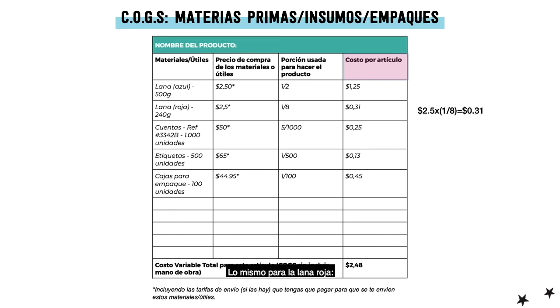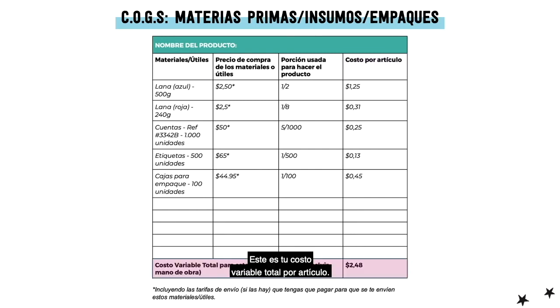For the red yarn, same thing. We only use 30 grams out of the 240, so it's only costing us $0.31. For the beads, it's only costing us $0.25. And you want to do the same thing for the labels, that ends up being $0.13, and for the packaging boxes, which is